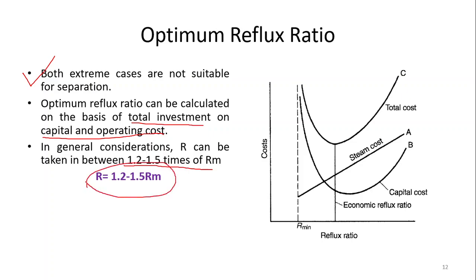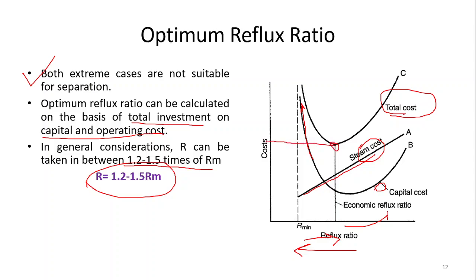So this is a case where we can find out the optimum reflux ratio. You can go through it very easily. What happens if you minimize the reflux? Then obviously the capital cost will be high, because the tower will be very large. If you increase the reflux ratio, the capital cost will decrease, but after a certain time it will increase again. Similarly, if you go for a very high value, more steam will be required. So this is the operating cost, and this is the capital cost. If you add these two costs, you will get the total cost. So the total cost is minimum at this condition.